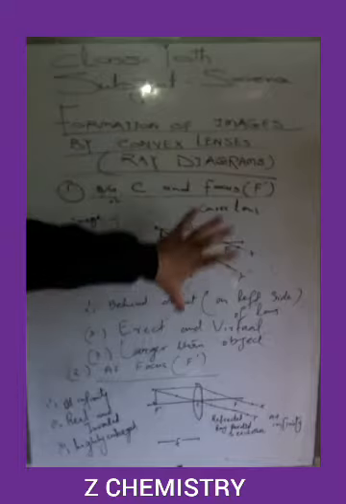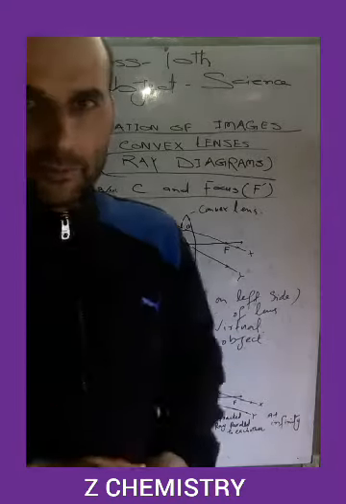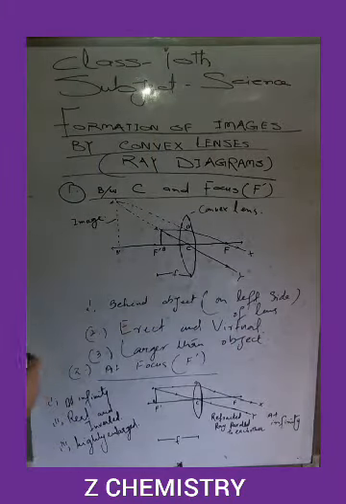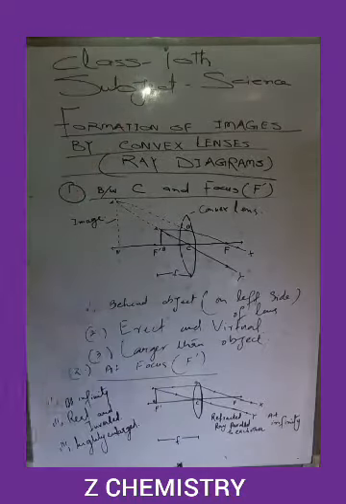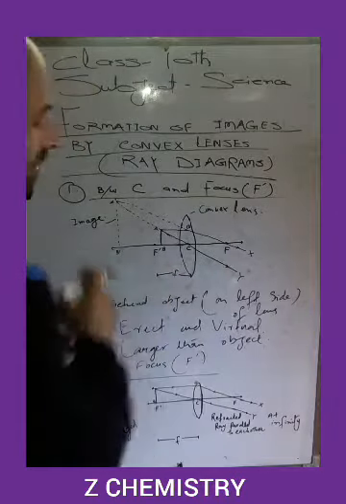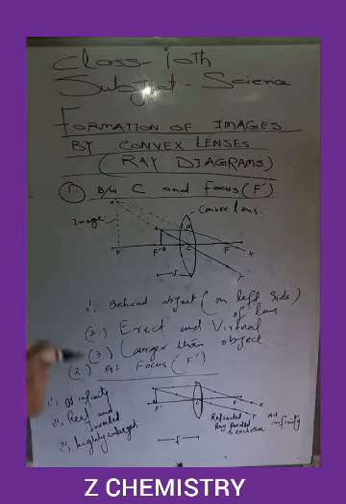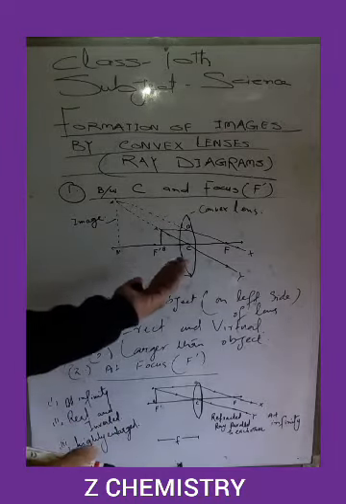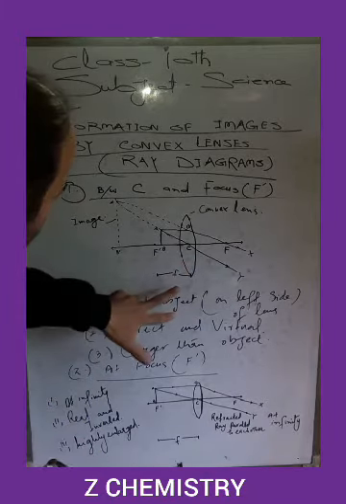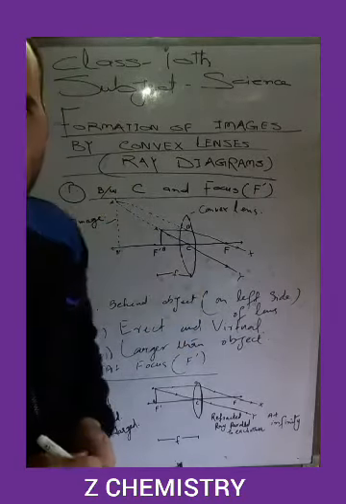When we follow these refracted rays, they do not appear to intersect at any point. But if these refracted rays are extended backwards on the left side of this convex lens, they appear to intersect at a position, and this position is the position of the image. This position is on the left side of the lens. Hence we can state that the image is formed behind the object, on the left side of the lens.